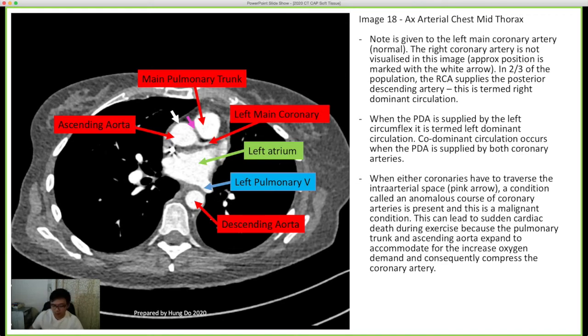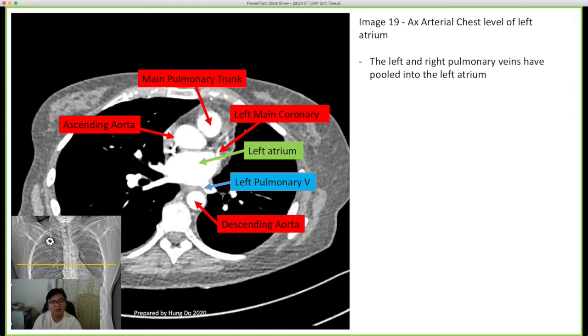Moving further down, you can see more cardiac vessels there. You can see the beautiful appearance of your 2 right pulmonary veins. You can see the ascending aorta. This beautiful streaking cross here is a remnant of the port. The port line sits in your chest. The actual port device